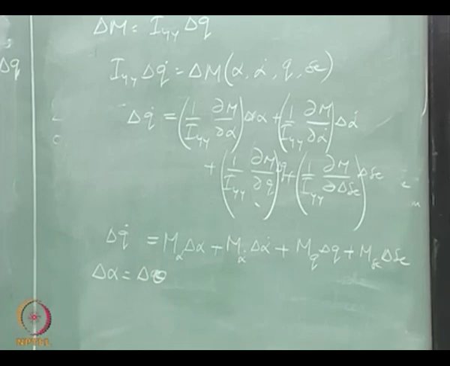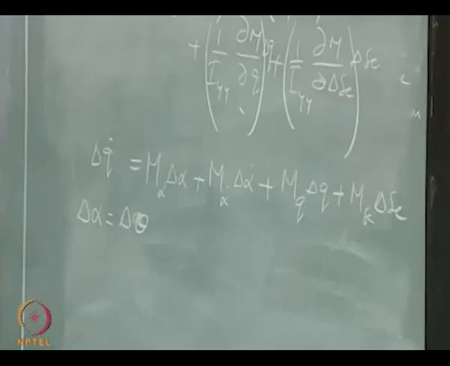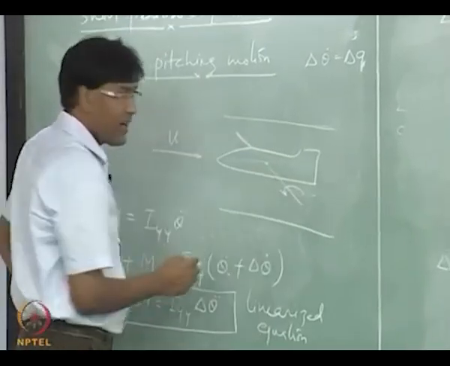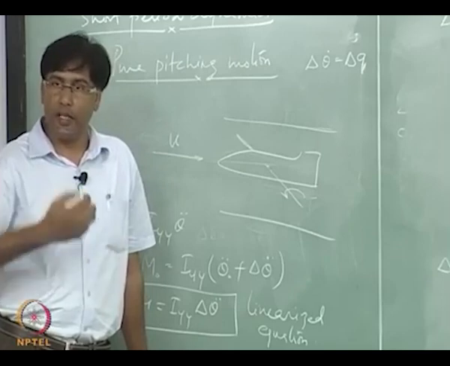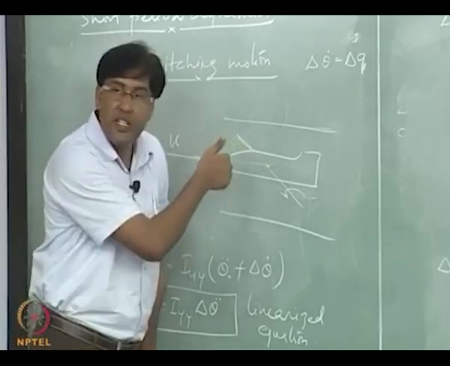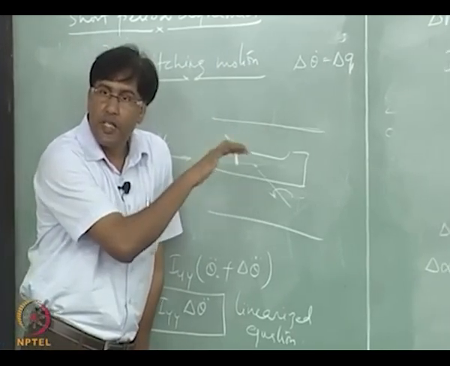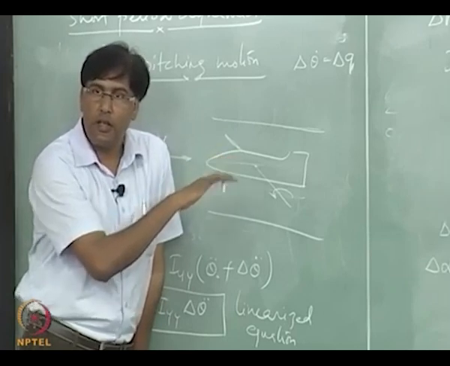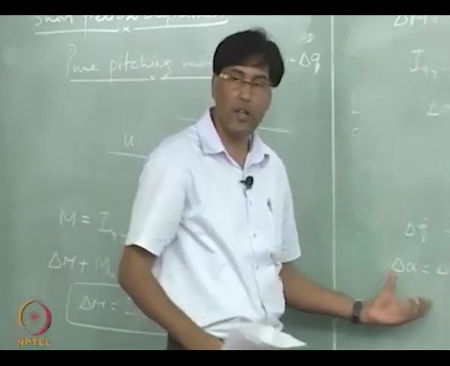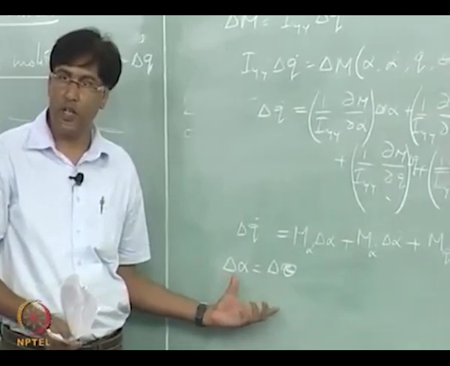So to start with, the body axis is aligned with the earth fixed inertial axis system, and then there is a pitch from this equilibrium condition, then delta theta is also going to be equal to delta alpha,